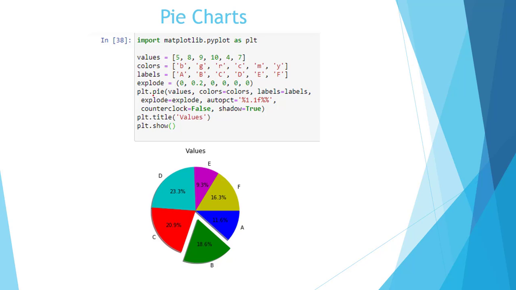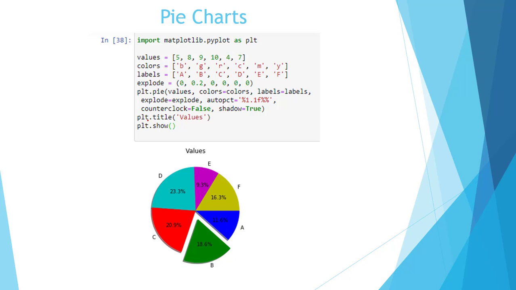Here by default in the plt.pie function counterclock is true, so we have set counterclock to false. After that we have specified shadow equal to true. Here another parameter is autopct, which is used to define the percentage of every value in the whole pie. Here we have to specify the format string, that is 1.1f, which means that we will show the percentage of each value in the wedges with one decimal. After the point we will see one digit.